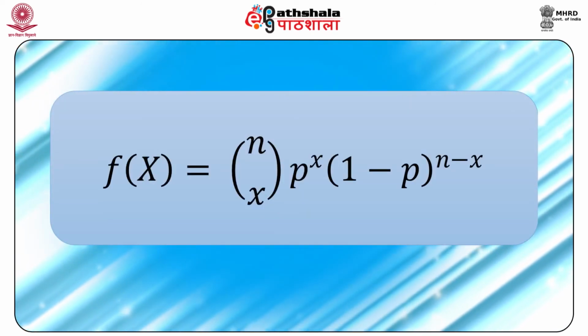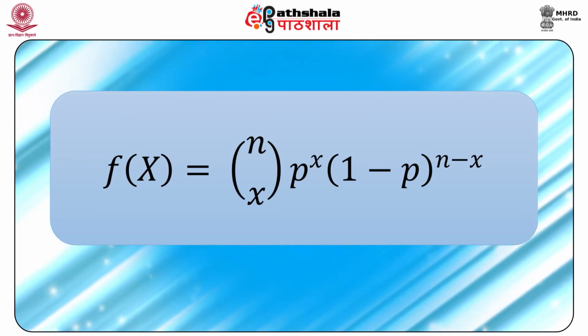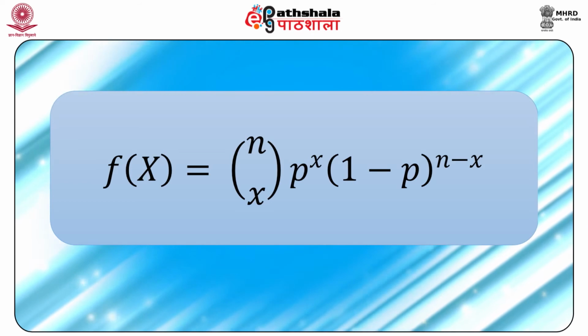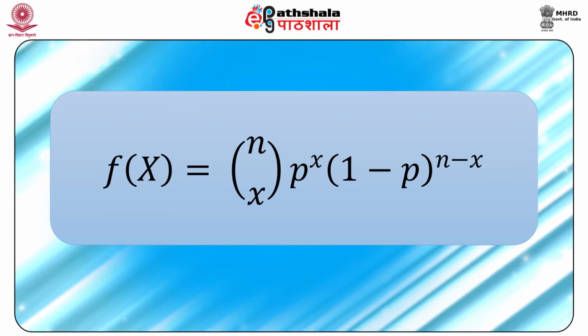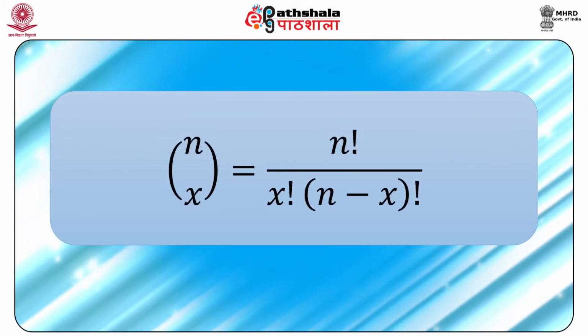Another distribution is the binomial distribution. Now, let n represent the number of independent trials, each of which results in a success with probability p and a failure with probability q, which is equal to 1 minus p. The number of successes in n trials is represented by x. Then x follows binomial distribution, whose probability density function is f(x) is equal to nCx into p raised to power x into 1 minus p raised to power n minus x, where x is the number of successes in n trials,